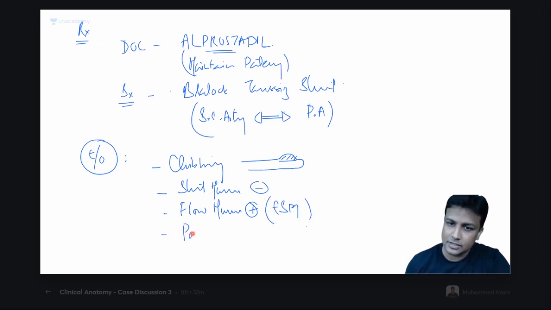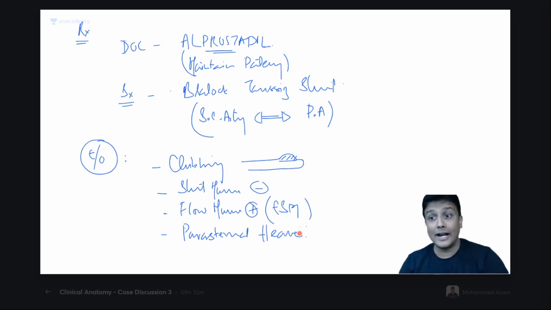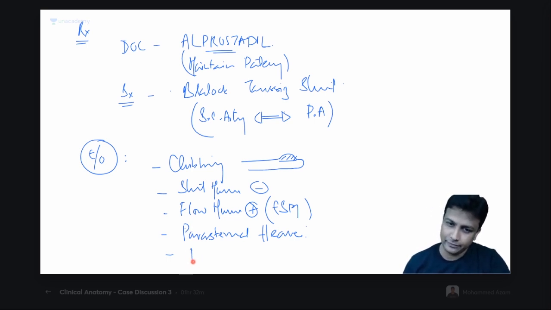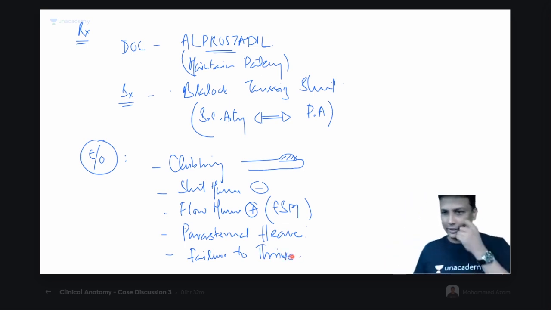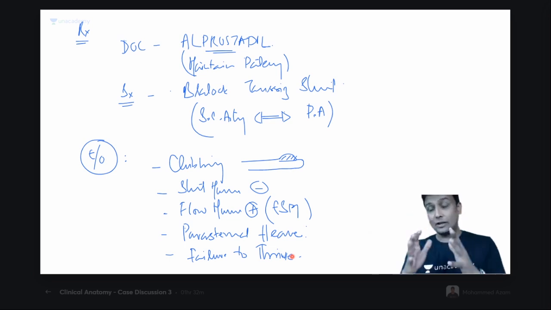Anything else you'll be able to see here right now? You'll also be able to see the parasternal heave. So parasternal heave, what is that, guys? Your right ventricle is actually undergoing hypertrophy, and because of that right ventricular hypertrophy just behind the sternum, parasternal heave will be the elevated part. And in this patient, remember there'll be failure to thrive. Why? Because there will be cyanosis, and the partial pressure of oxygen in the blood will be less, so that is why failure to thrive. Fine. So all these things will be seen on examination.